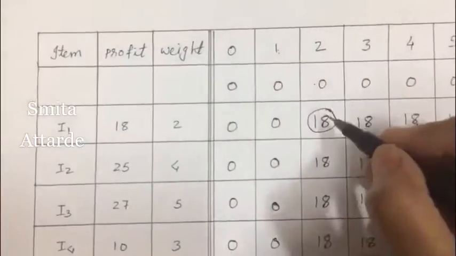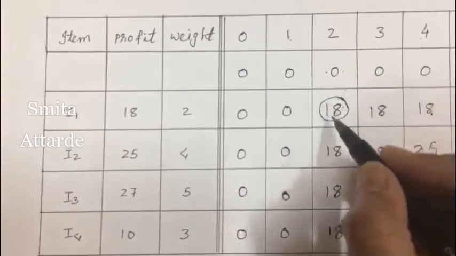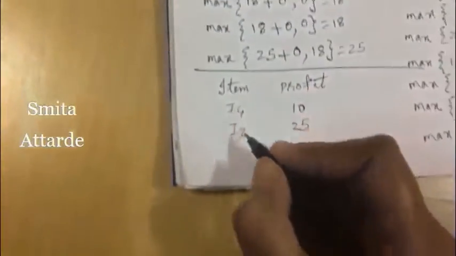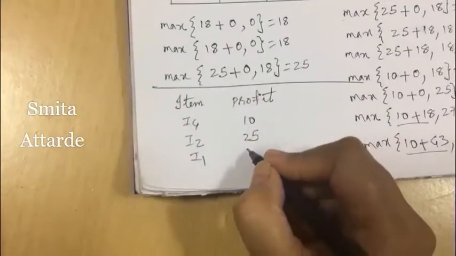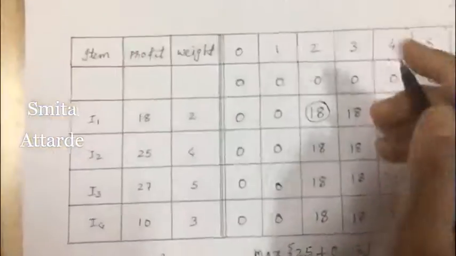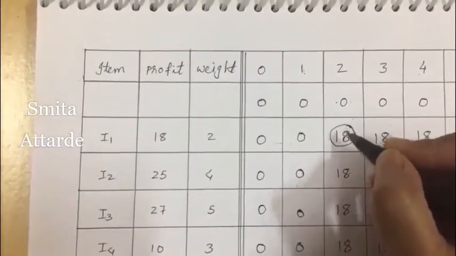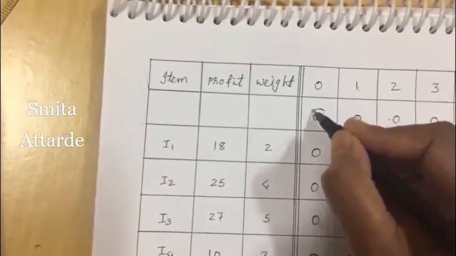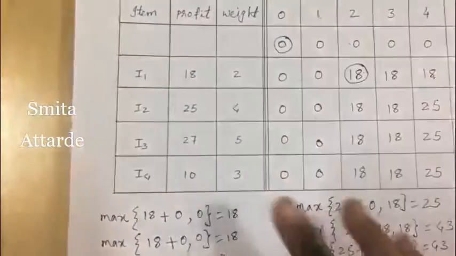Okay, now we are here. Again, what we are going to do? Compare this with the above row. Are both equal? No. That means this is a calculated one. That means this corresponding item I1 should be in the knapsack. I1, the profit of I1 is 18. Okay, now we are here. The weight of the item is 2. So repeat the process. Go one row above and 2 steps behind: 1, 2. So we are here. Then as soon as you get 0, that means your knapsack is full.